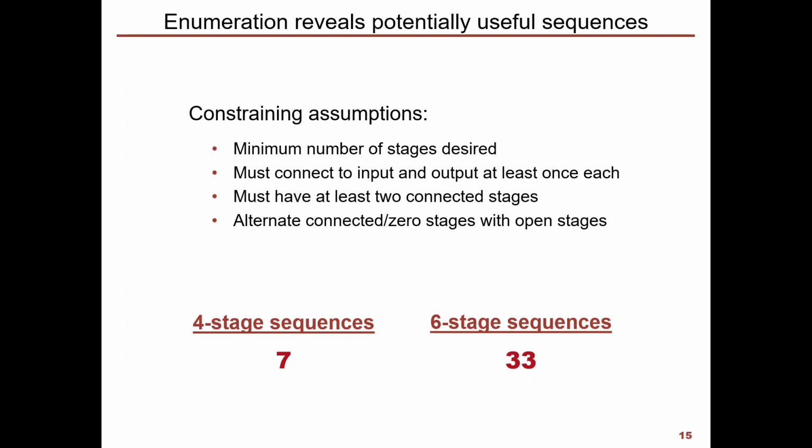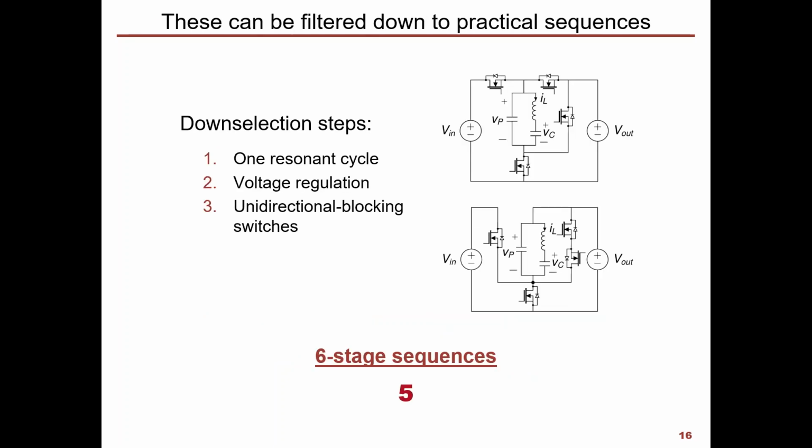Now, enumerating all the possibilities that satisfy these criteria gives us 7 4-stage sequences and 33 6-stage sequences. Now, we've said nothing about how practical these sequences are. We've only enumerated them out at this point. So that's exactly what the next step would be, to down select these sequences to what's actually practical